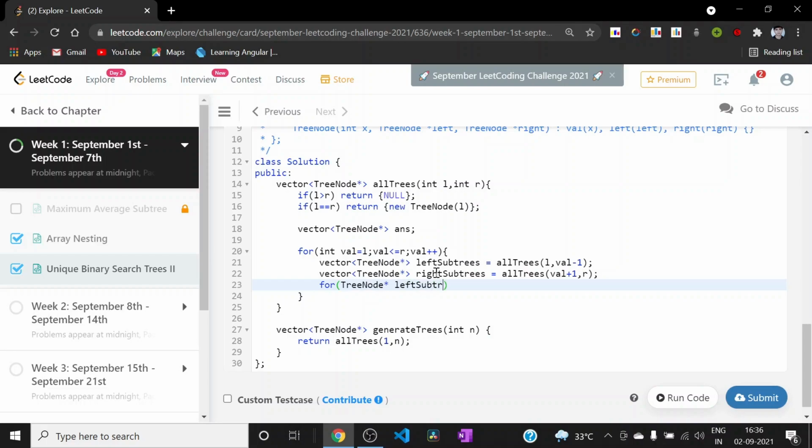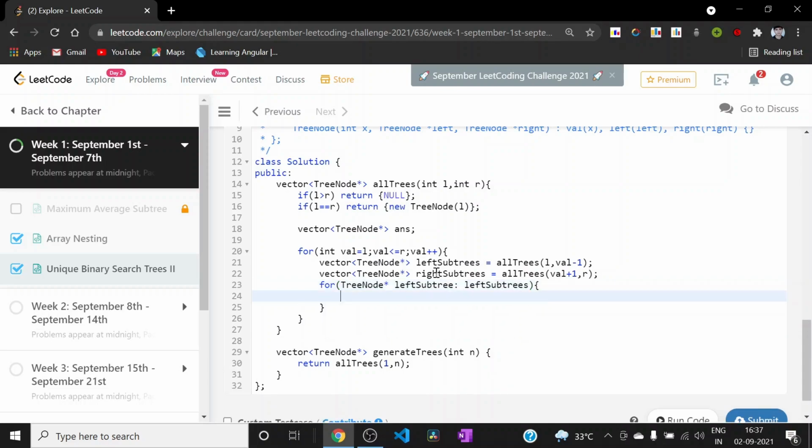This variable will represent one of the subtrees of all the possible subtrees, and similarly we'll be using a for loop for the right subtree over right subtrees.